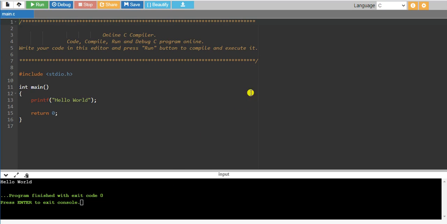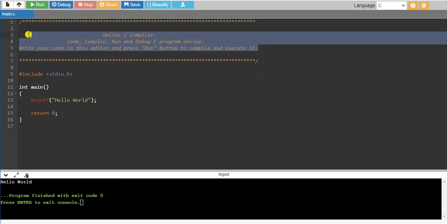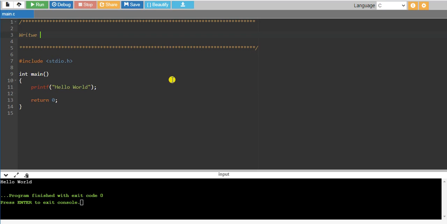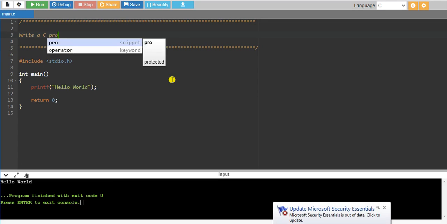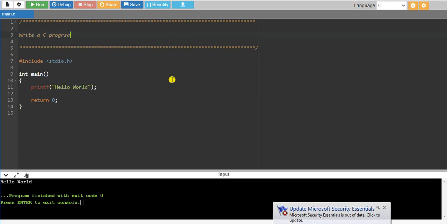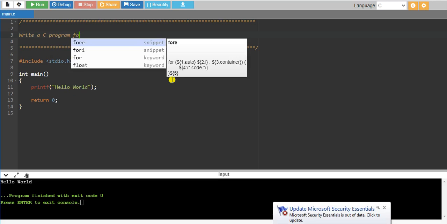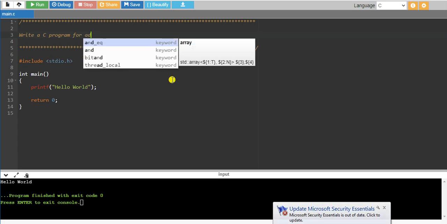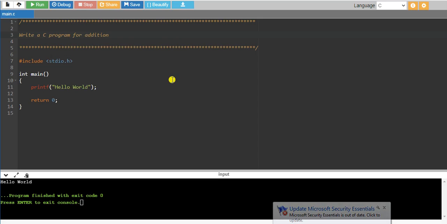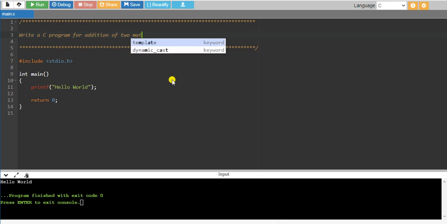So let me begin with the problem definition here, that is, write a C program for addition of two matrices.